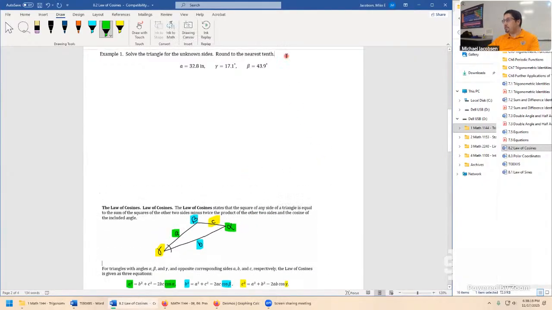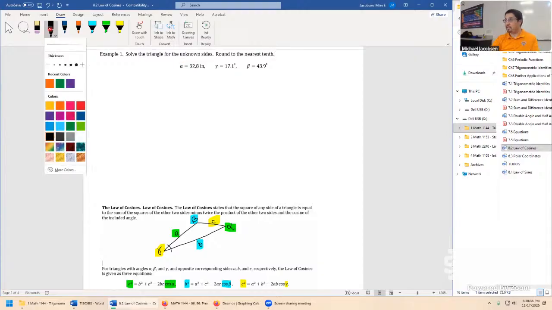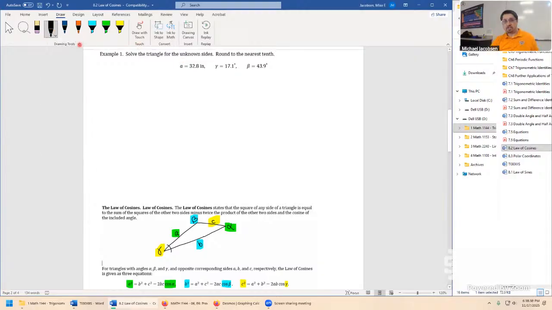First thing to do, however, if you see this problem as, say, a homework problem or maybe a final exam question, is definitely draw out the triangle. Even if all you did was draw out the triangle and maybe you didn't get too far on this problem, maybe you ran out of time, I would consider anything you put down on paper as partial credit. So let's just get started.